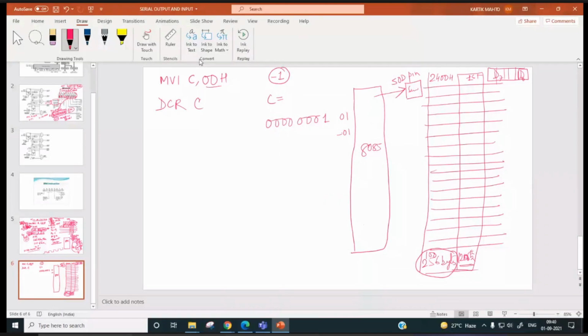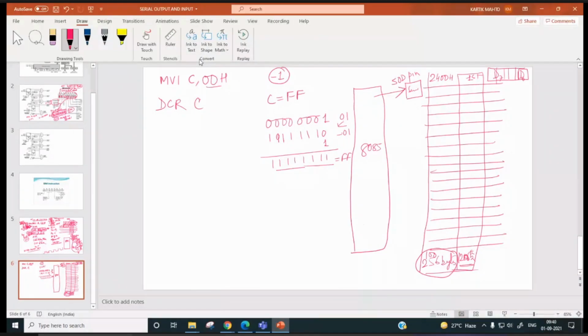So the 2's complement of this one is 11111110 plus 1. So it is 11111111, it will be FF. Is it not? So it will be FF.